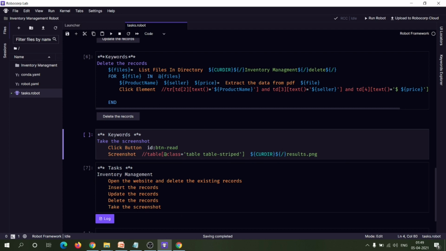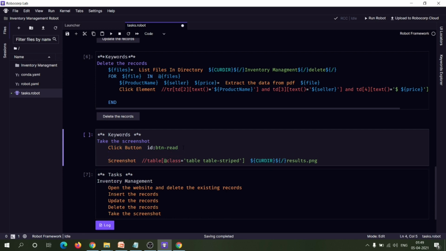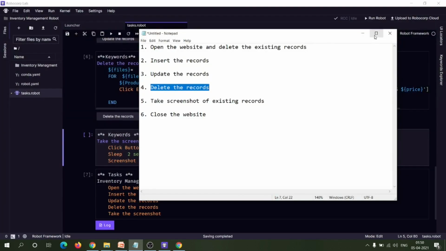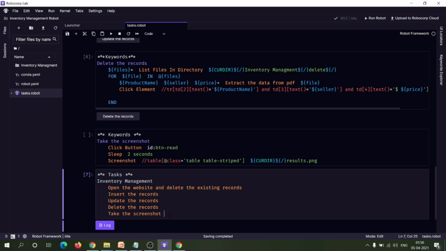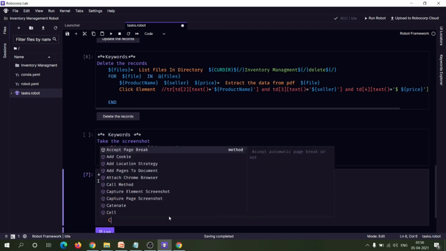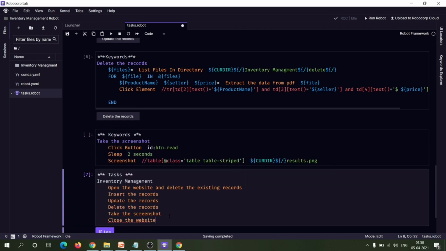So this is our take the screenshot step, where we are clicking on the read button and then taking the screenshot. We can put some delay in between, say 2 seconds, to see the process. Now after taking the screenshot, the last step is to close the website. So for closing the website, we can write the step here, close the website.